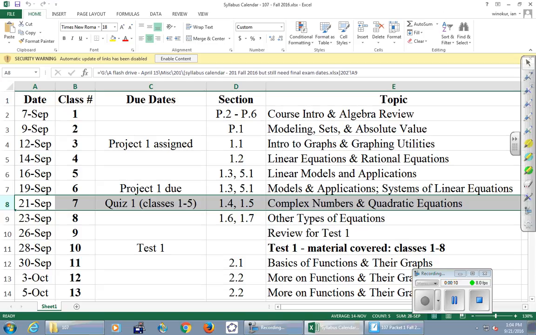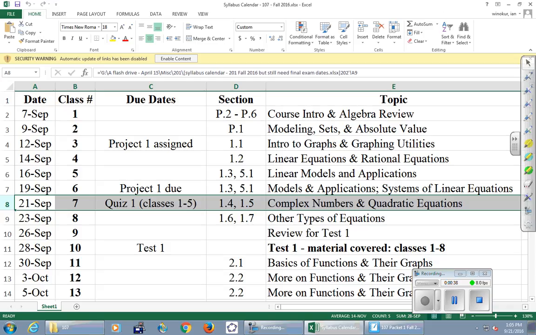Today, quiz number 1 is due, so throw it in the green folder. If you don't have it, I don't have a makeup policy, or I should say the makeup policy is you get a 0 on it. If you don't show up on the day of a test or a quiz, it is a 0. So I'm really hoping all of those quizzes are in the folders. But if you don't have that quiz done, talk to me right after class today. I don't know that I can do anything for you, but throw them in there if you have it, even if it's not done.